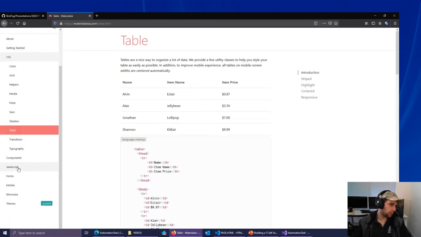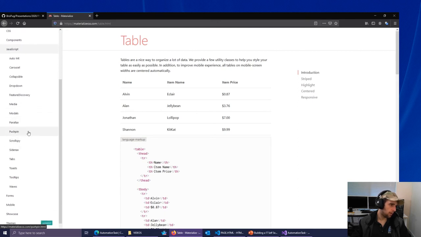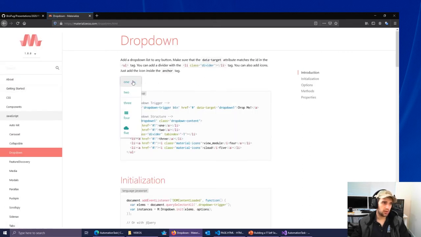So let's have a look at another one because it's always quite interesting. There's a lot that's in here. So for instance, let's have a look at the drop down. You can see here you've got different things there, and you can basically create a drop down by creating an unordered list, giving it a class of dropdown-content, and then just adding list items, and that's pretty much it. And it'll render it. If you want to add all those nice little icons and things like that, basically within your list item, you can see here you've got an